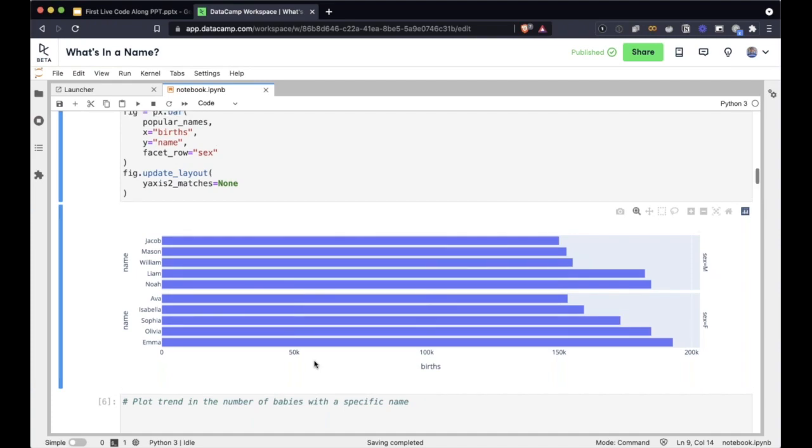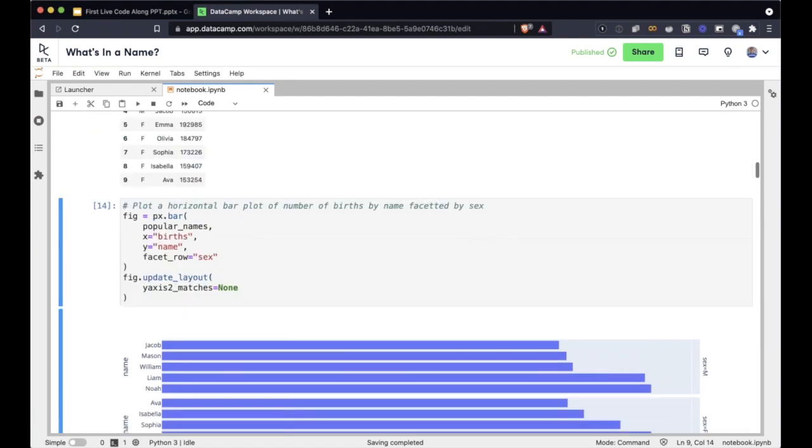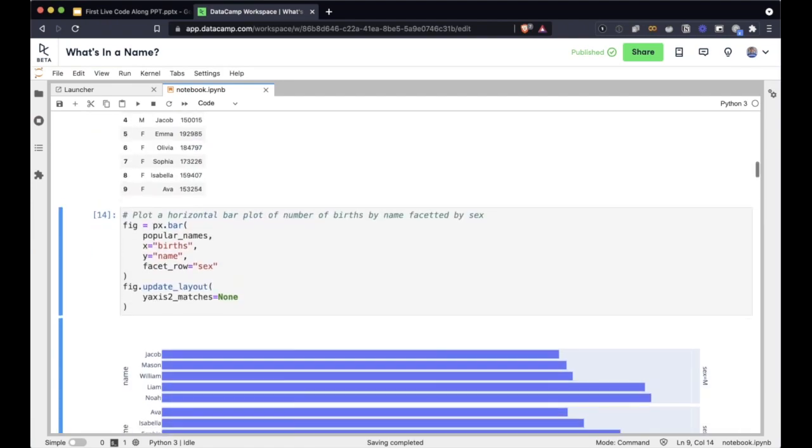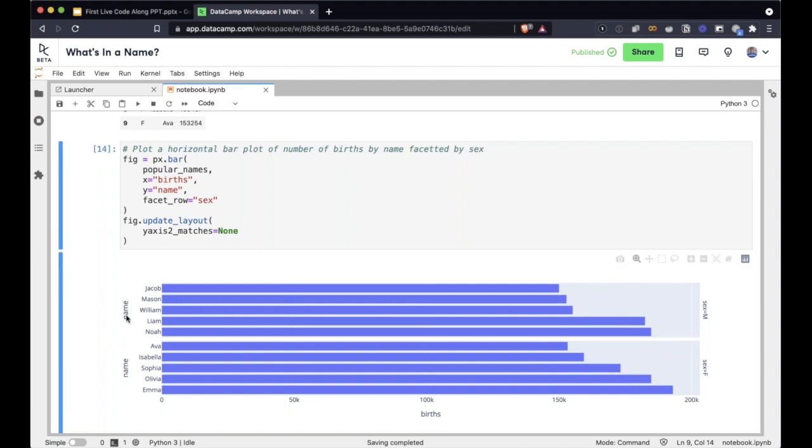So the first thing is you see that our data frame is actually descending order, but the plot is kind of ascending order, and this is basically how Plotly does it. So we want to fix that. Other things we want to fix, like really, you don't need a label here. It's pretty clear this is a name. You need a label here, of course, and then you need a title. So we're going to fix all of that.